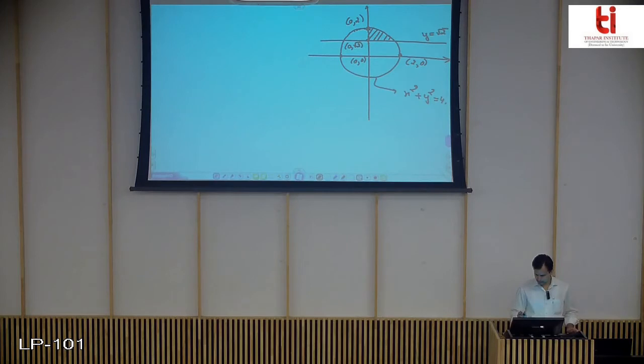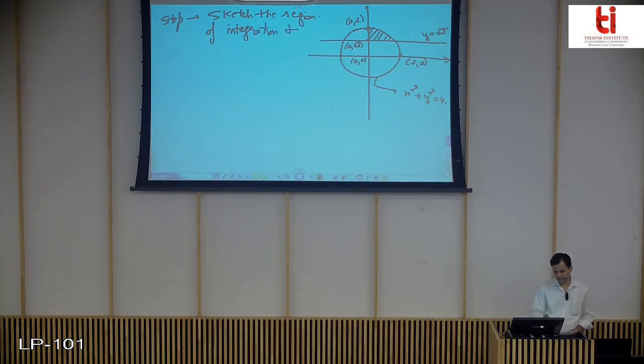Now, here we are sketching the region of integration. You need not write this while attempting the question on paper. Sketch the region of integration, and this is what we are doing now, and label the bounding curves. So here we have sketched the region of integration, and for labeling we just need only this point,